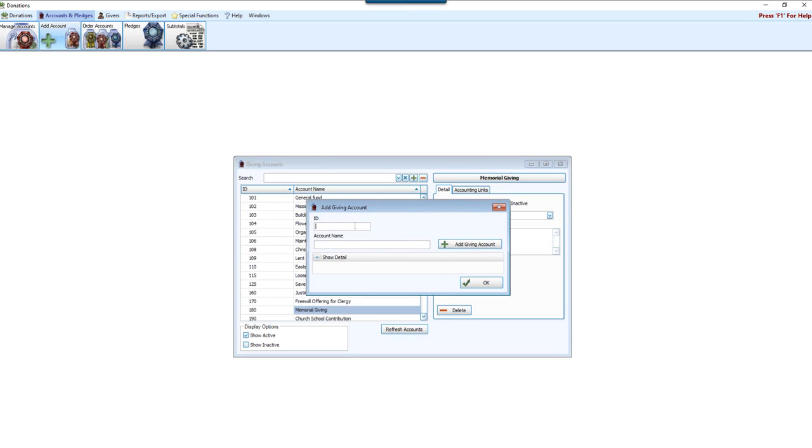And it's pretty basic. So you're going to put in the ID. I know 107 is available because I checked my list, and then in my account name, I'm going to put in the name of the giving account that I need to create. All right. Now, at this point, you can hit Add Giving Account and close out of this screen, or under